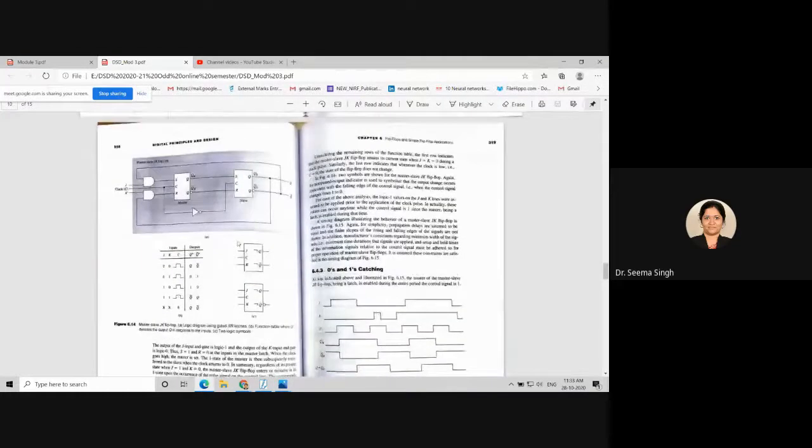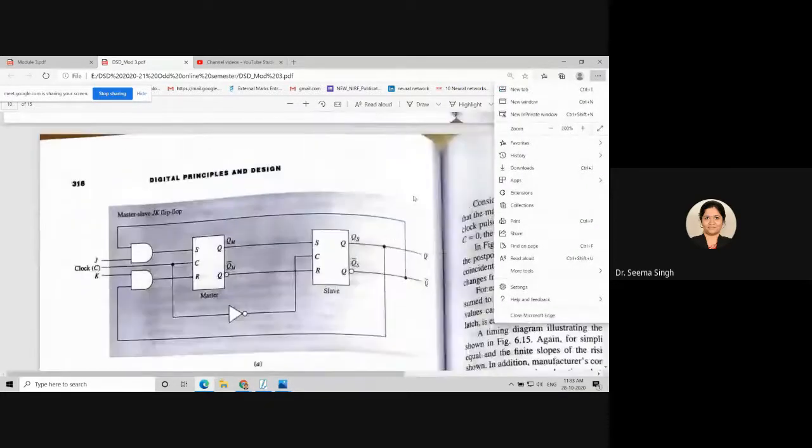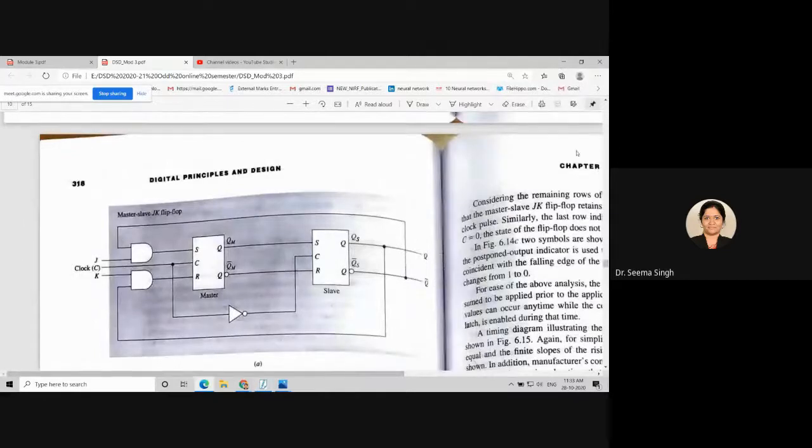Now, can you see this circuit? Yes. What is happening here? You have an SR flip-flop given and another SR flip-flop given. Now I have to make a JK flip-flop out of this. Then what can be done? You will have an external AND gate, and the feedback will be provided in the same way: Q along with K and Q bar along with J. It is one and the same thing.